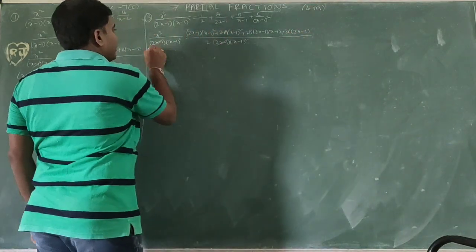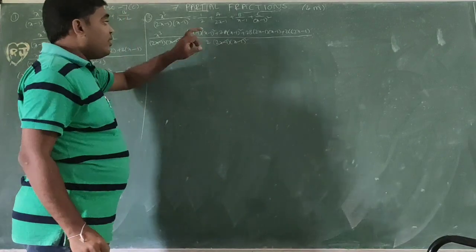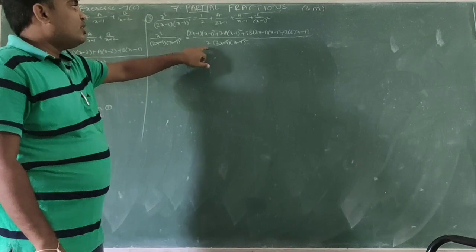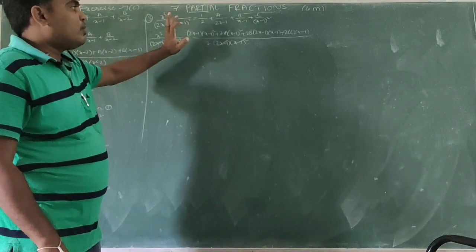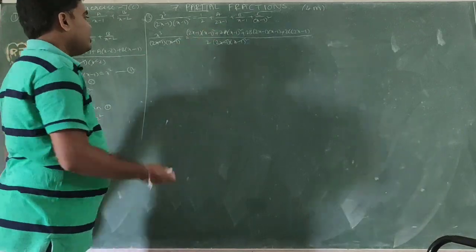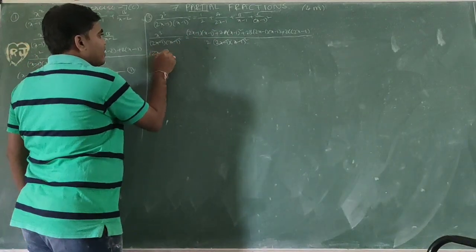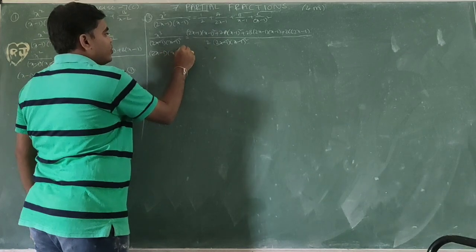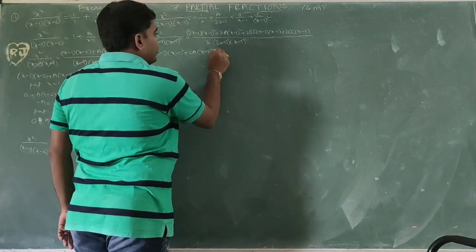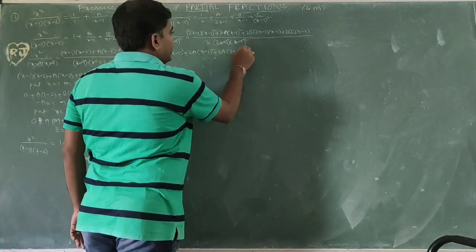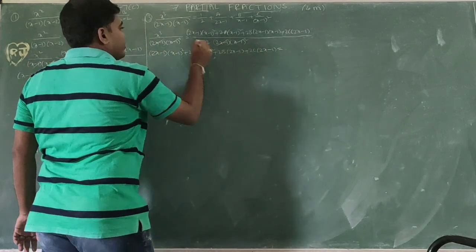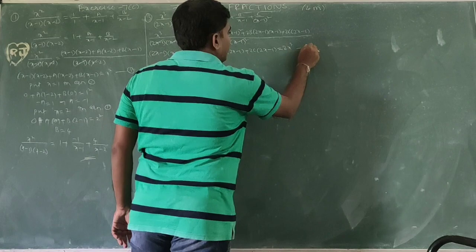So (2x minus 1)(x minus 1) whole square cancel. We get 2 in the denominator. Don't forget 2. So we need to cross multiply. First, the right side I want to write: (2x minus 1)(x minus 1) whole cube whole square plus 2a (x minus 1) whole square plus 2b (2x minus 1) plus 2c (2x minus 1) equal to 2 into x cube, 2x cube, equation number 1.